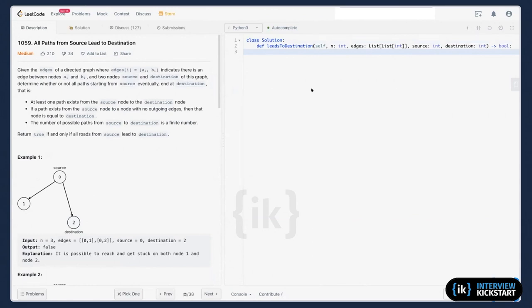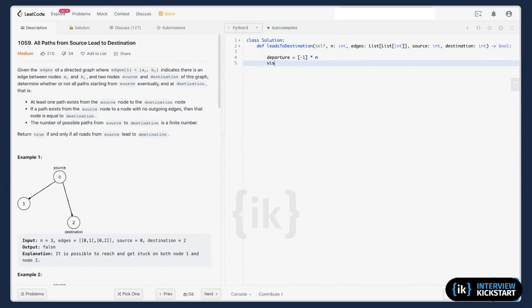So like I said, I need to check the departure time. First, the departure I will give -1. I have n nodes. For each node, I need a departure time. Do I need to check a parent? This is a directed graph, so I don't need to check parent.